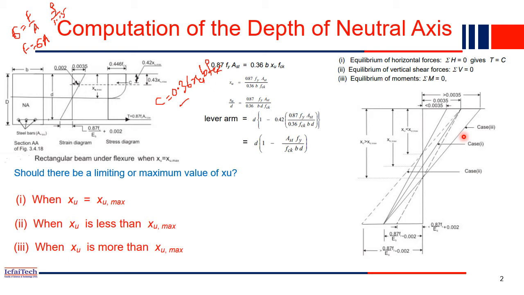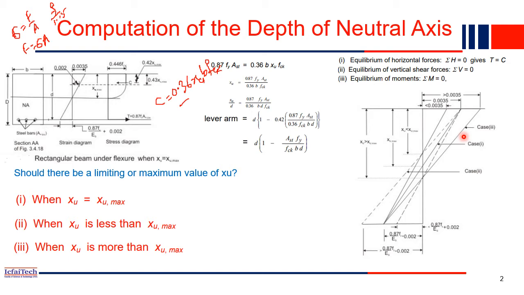concrete fails first? Imagine that where you are sitting, there is a beam at the top, and the beam is made up of steel as well as concrete. Now if concrete fails because of excessive load or some other reason, then what will happen? The concrete will fall down immediately, in front of you, on your head, or on those staying in the building, and your structure will collapse immediately. There is no sign that you can understand the structure is failing. So concrete failure is brittle failure, sudden failure. Suddenly it will fail, and everyone in the structure will die.